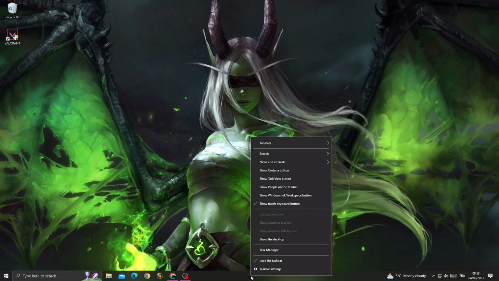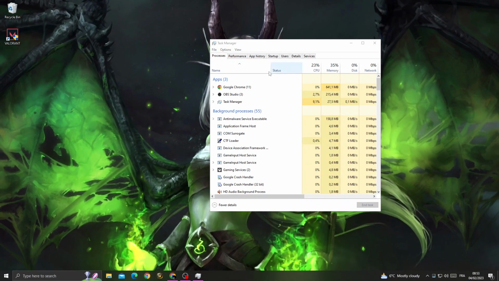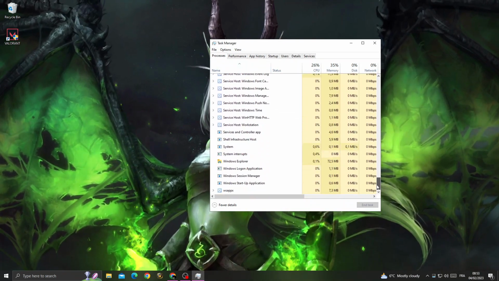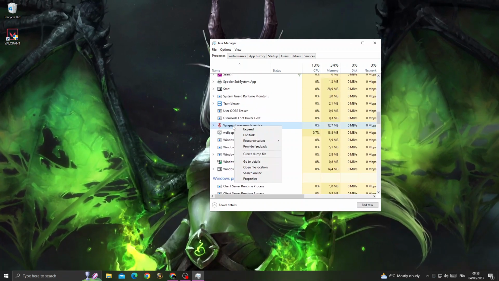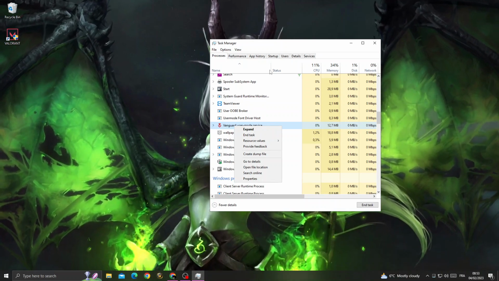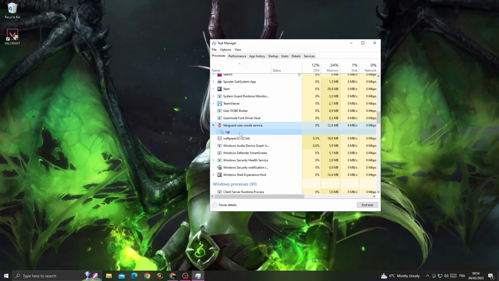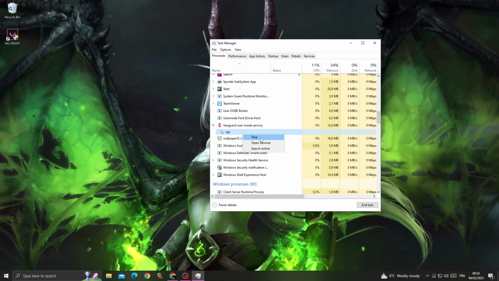Now after that, click task manager. Right click here and you will find task manager, then scroll down until you find Vanguard. Right click on Vanguard and wait, first click this icon here, and here we'll find VGC. Right click on it, stop,